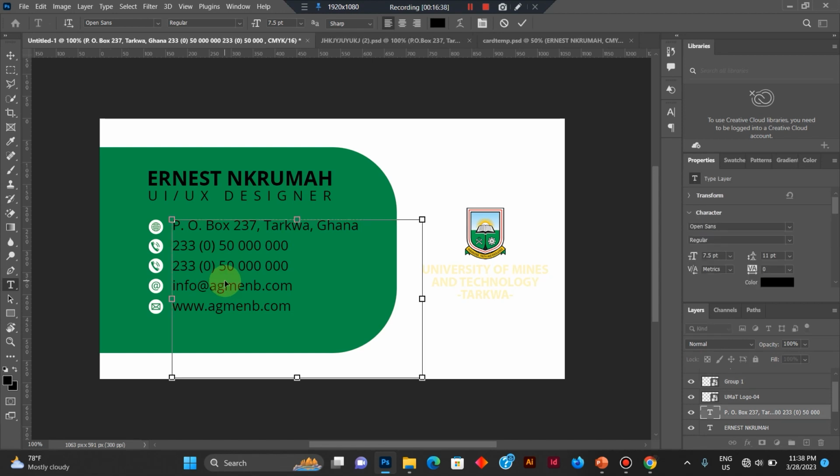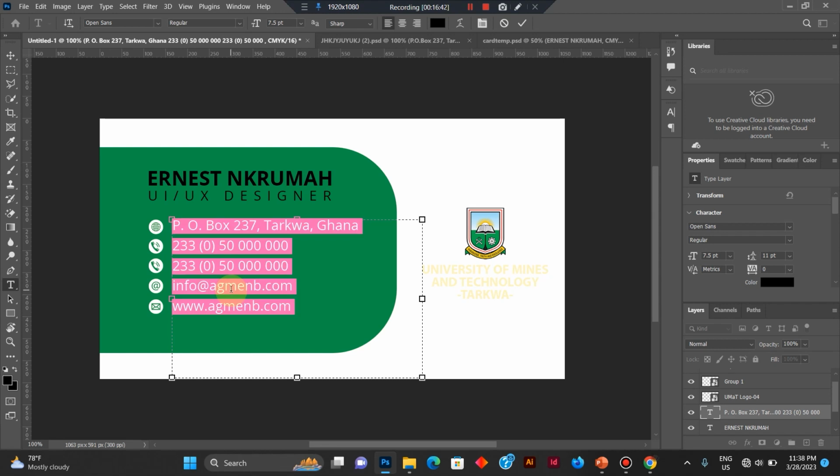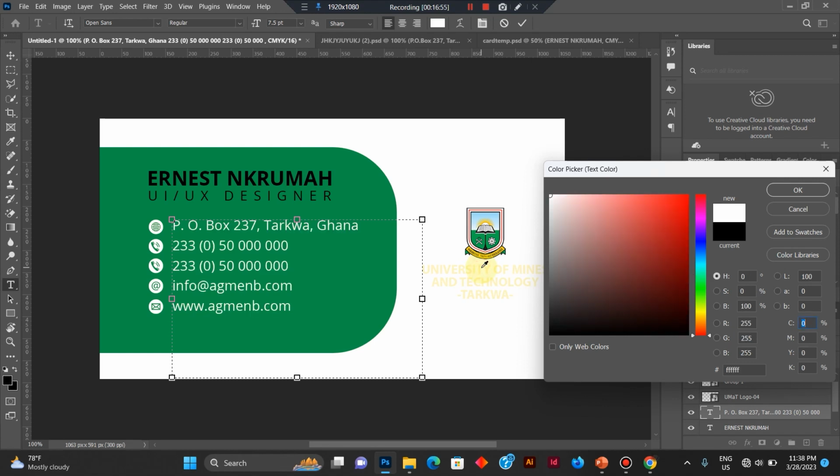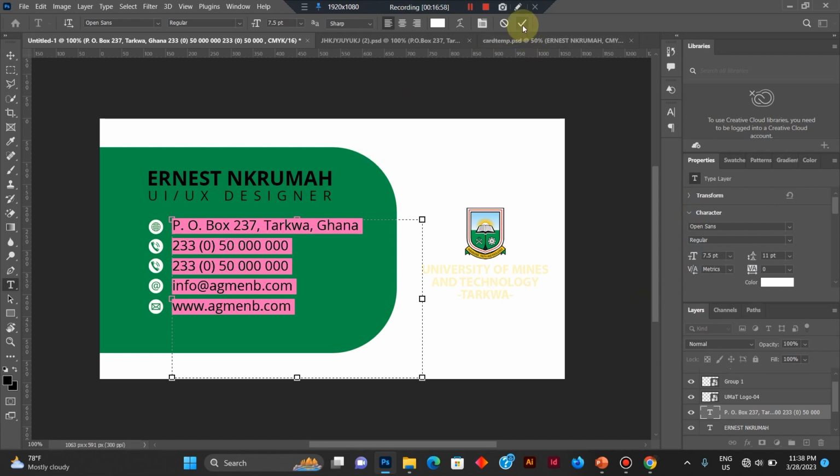Now let's change the color. To change the color, Control A to select all, color picker. Let's change it to this white. So now to click commit,